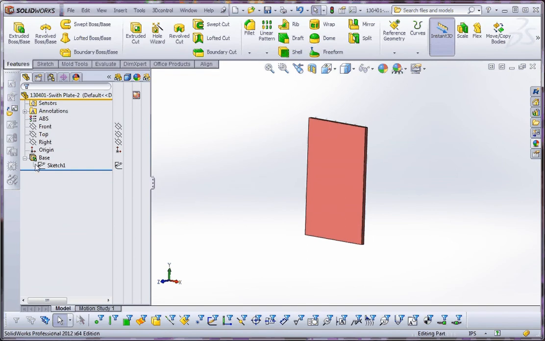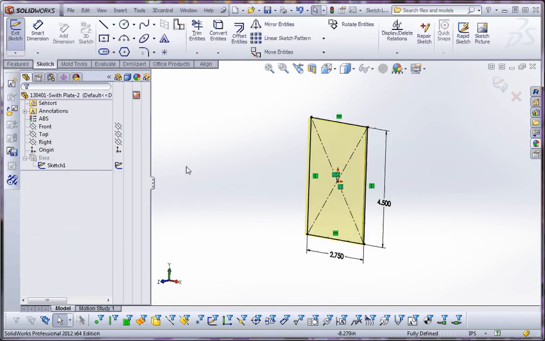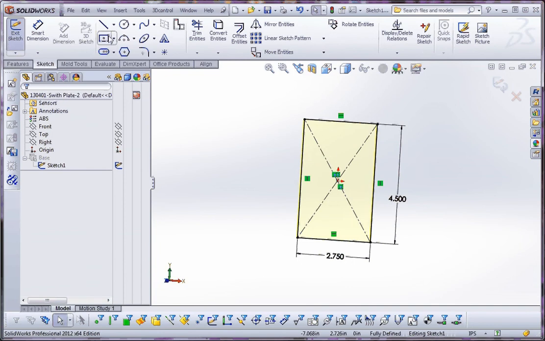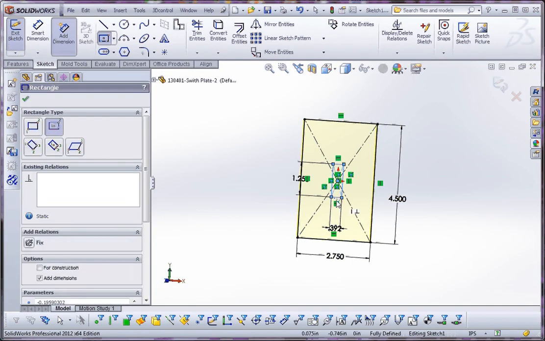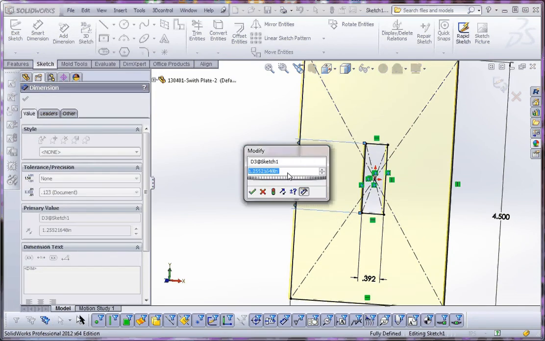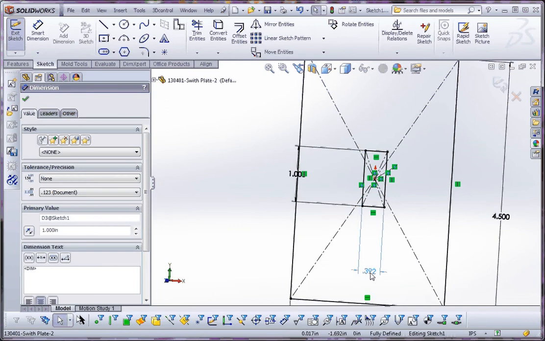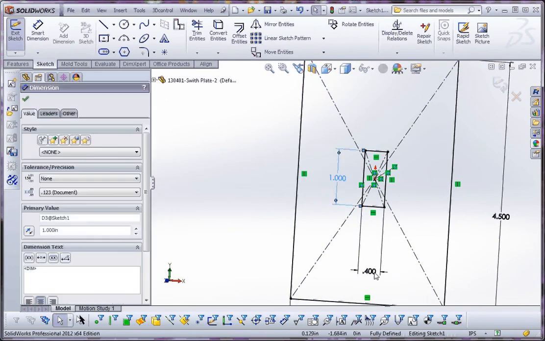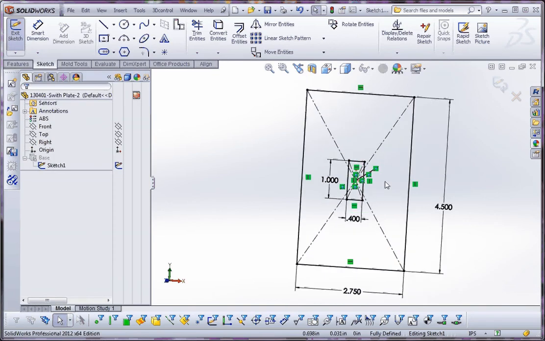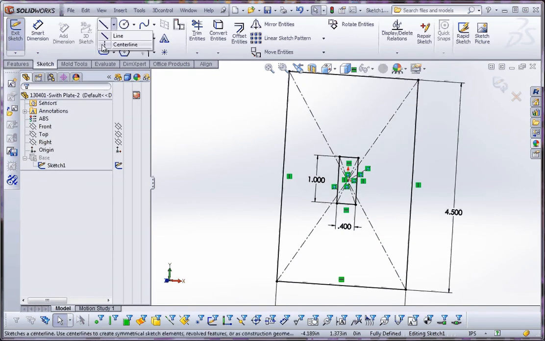So from here, what I'm going to do is go into my sketch where I'm going to put in all of the elements I want to put in from this point on. So I'm going to put in my item for the hole cut. That's going to be a sketch for the hole cut, which is going to be a center rectangle. We're going to make that 1 inch by 0.4 inches. We're going to make sure we put these dimensions in a location where we can actually see them again. And then we're going to put in our elements for our